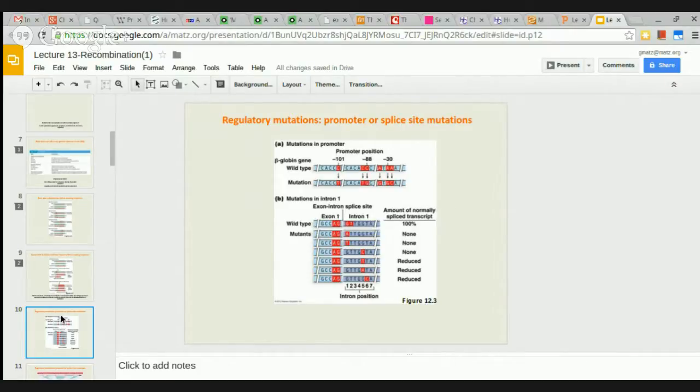Splice mutations now. You can look at this in the bottom part of this slide. And here's the first point. We're looking, for example, here at the donor site, right? So we have an exon intron junction that would be the donor site. And here's an important point, actually,